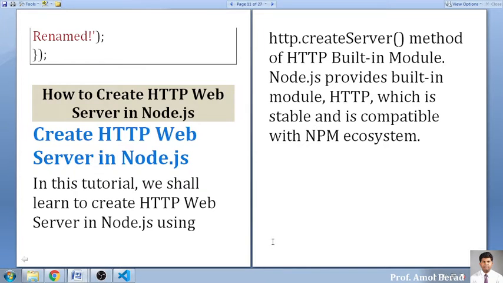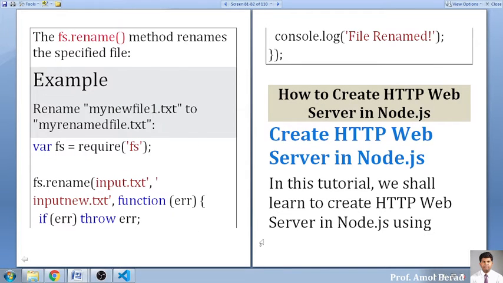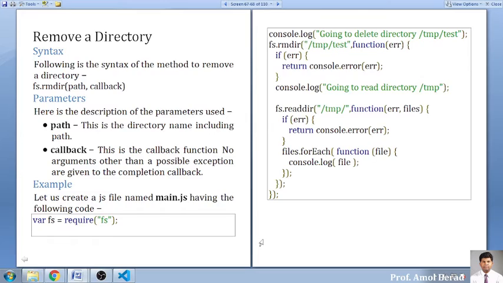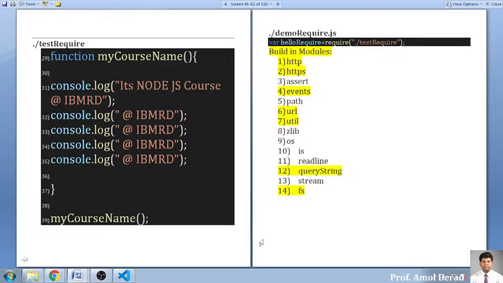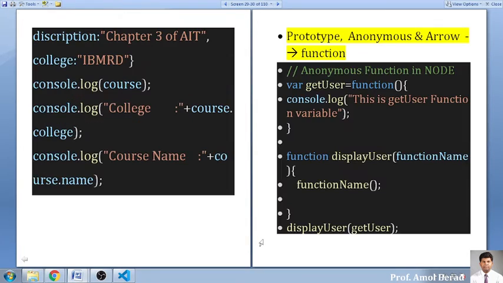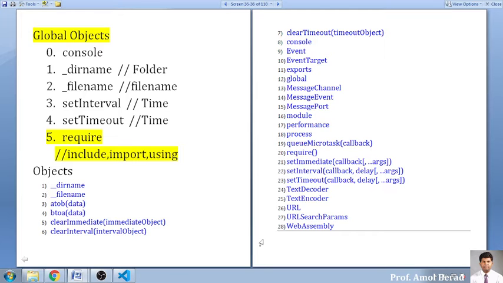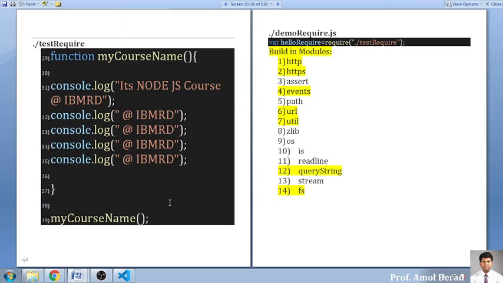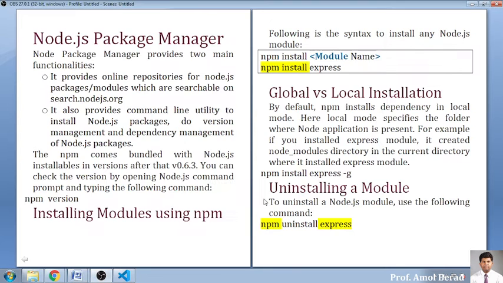Now, just a revision for 1 minute, and then we'll move to the content. As far as the file system is concerned, we have already started with FS, that is the implementation of the global object, just like require. And with this require, we have started using a ready-made module, that is nothing but your FS, the file system. Because if one is understood, then we can go into detail about the others also.